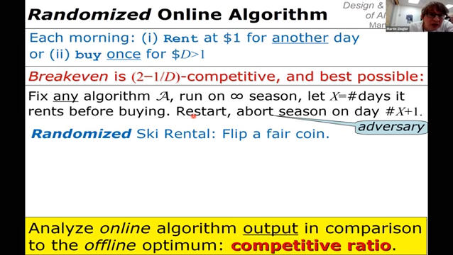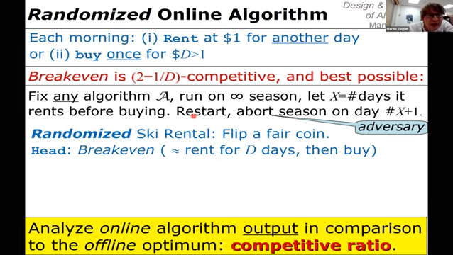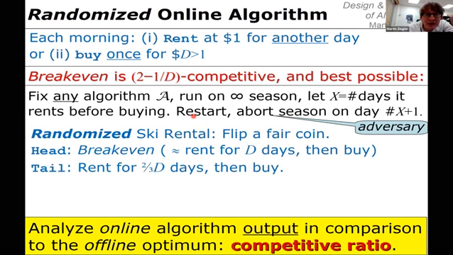If the coin shows up head, then the algorithm will guess or hope that the season is short, and therefore use the break-even algorithm, which is good for short seasons. But for long seasons, it's better to buy early, and this is exactly what we're going to do when the coin flip comes out tail. Then we suppose that the season does not last for D days. It's a shorter season, and therefore